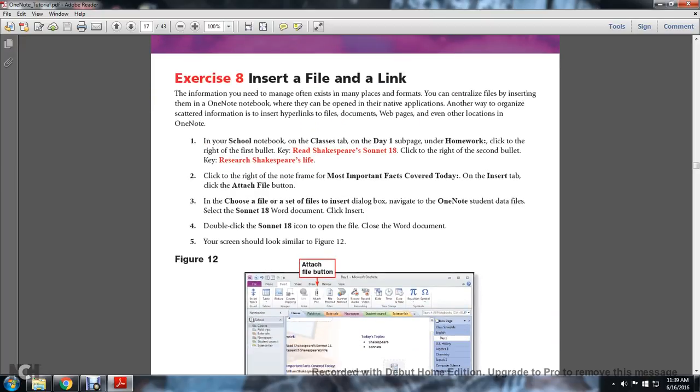Insert 8. Inserting a file or a link. The information you need to manage often exists in many places and formats. You can centralize files by inserting them into one notebook when they are open in their native applications. Another way to organize scattered information is to insert hyperlinks to files, documents, web pages, even other locations